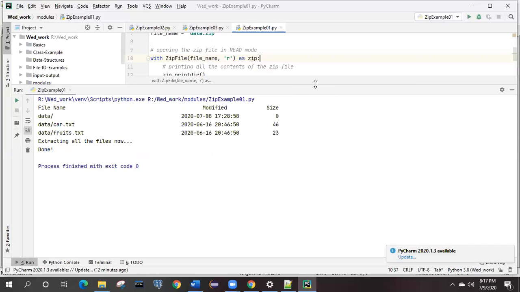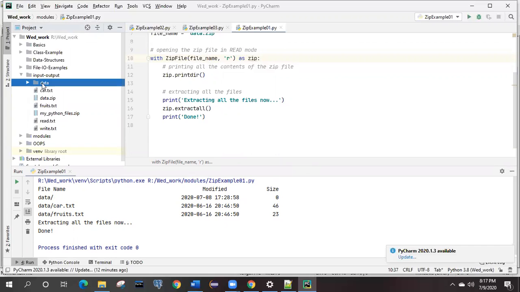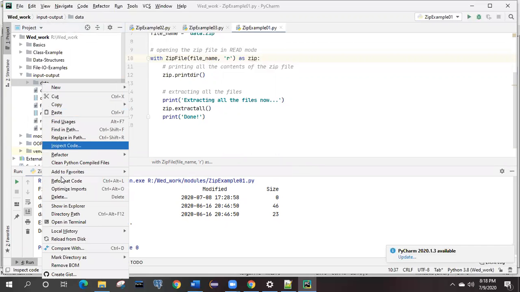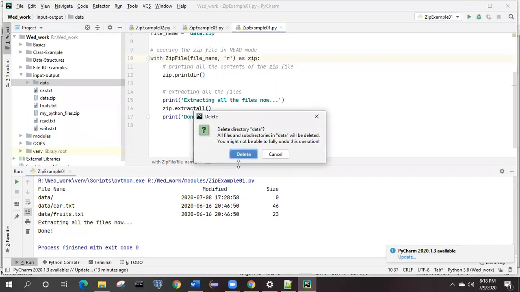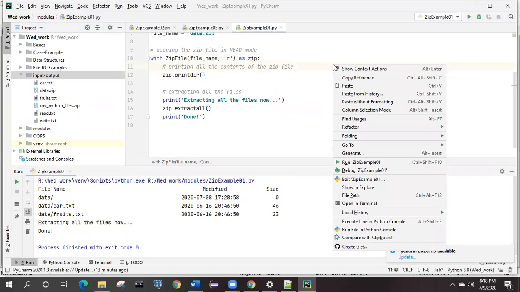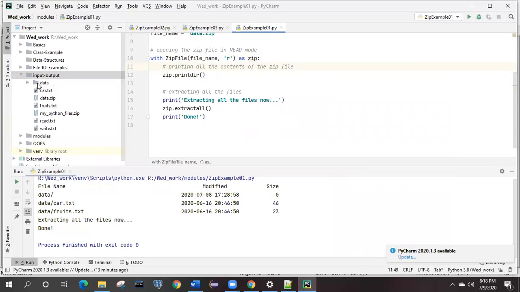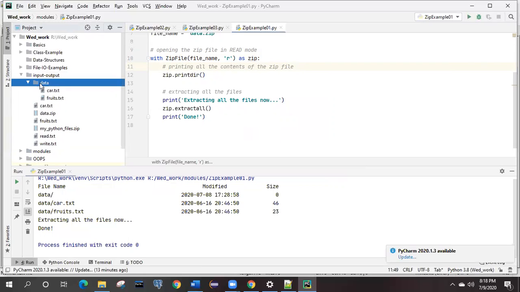It means that it has successfully extracted it, right? So what we can do, we can cross verify over here, but it is already present. So we will delete it and then we will see. Okay, now we will run this one. See, now data.zip is present, but the extracted folder is not present. Okay, so it is getting created with this name, and you can see these are the two different files present, and the same information it has given over here also. This is how we can extract any zip file.